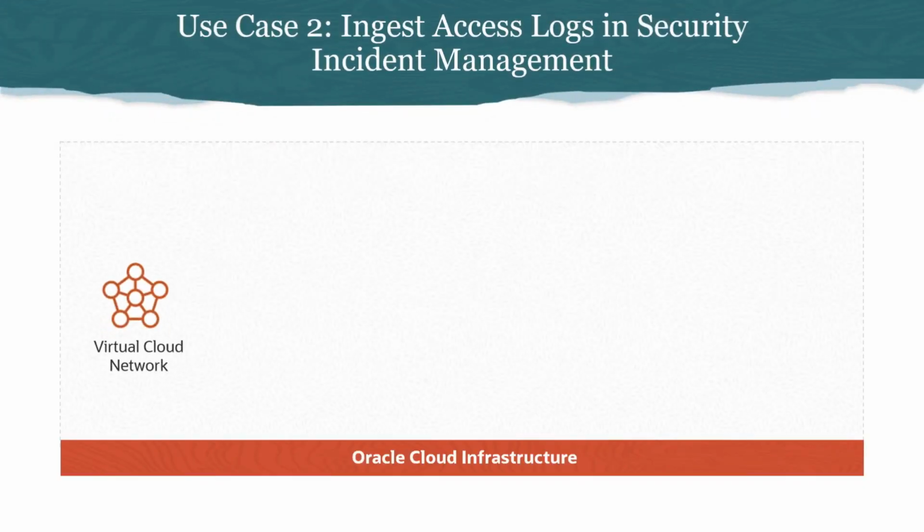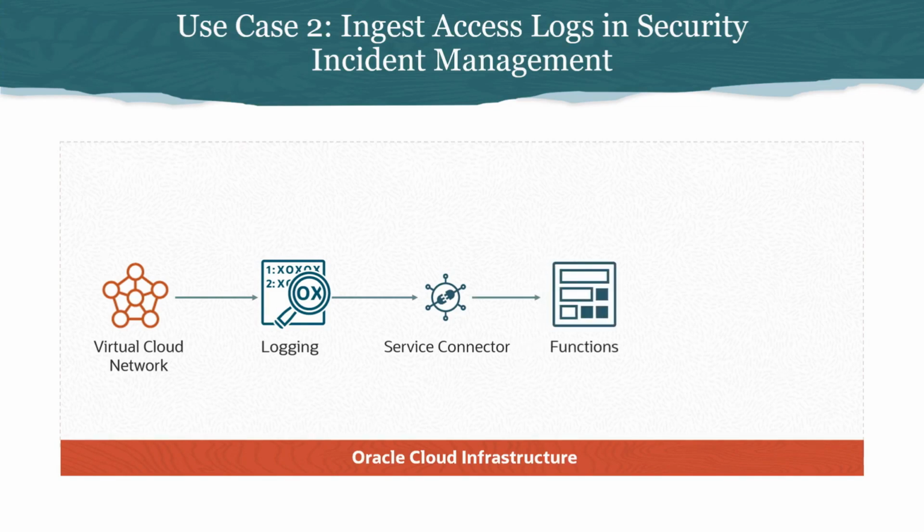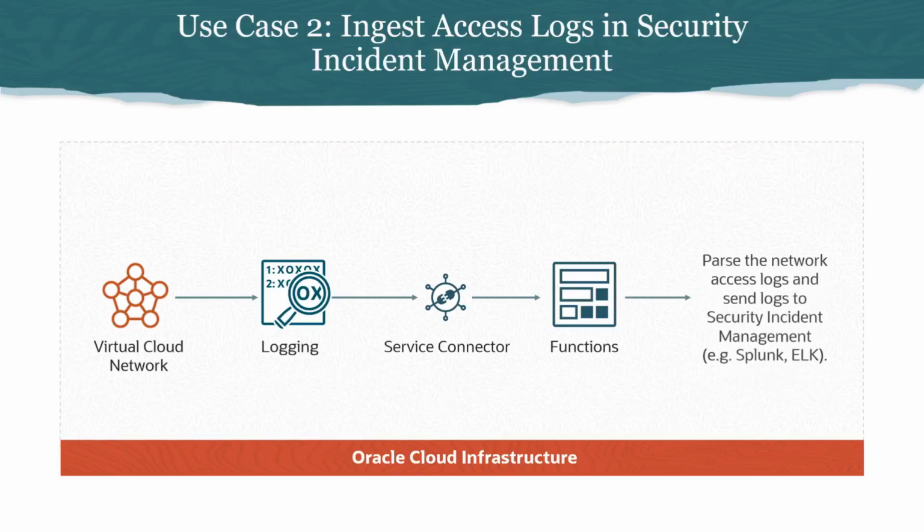Consider the OCI virtual cloud network that sends network access logs to the OCI logging service. You can use a service connector with logging as the source and functions as the target. The function will parse the logs and send them to a third-party security incident management system like Splunk, ELK, or